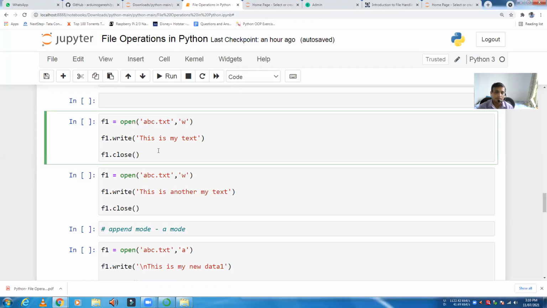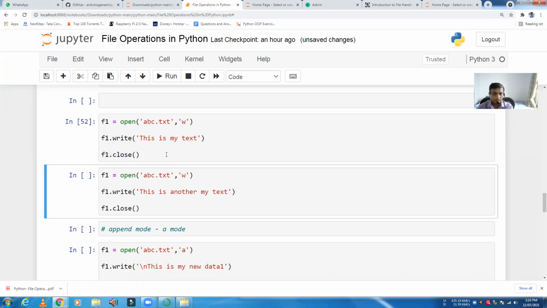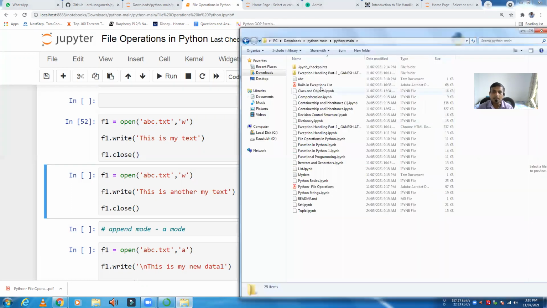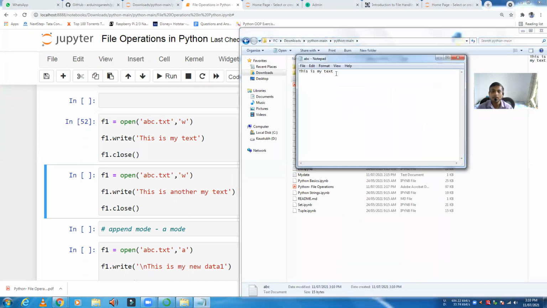So what I am doing, मैंने क्या किया, यहाँ पे ओपन किया abc.txt in a w mode, that is write mode. The file pointer is f1, then I am using f1.write and this is my text. Okay, ये मैंने write कर दिया और f1 close कर दिया. Let's see, मैंने रन किया और देखते हैं कि यहाँ पे नया फाइल क्रिएट हुआ कि नहीं. Yes, you can see here the new file has been created, and if you open this, this is my text file, this is the content of my text file.